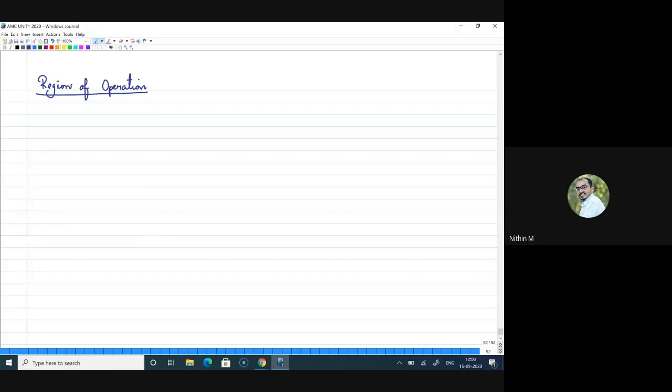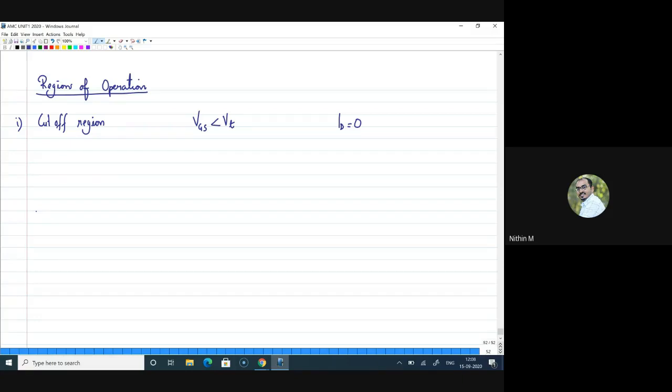The regions are defined basically by two voltages. The first voltage is your VGS. If you're applying a VGS which is less than VT, the threshold, can I expect any current? No. Why? Because there is no channel present. So your enhancement MOSFET is a normally off device. I will write that current is equal to 0, and at this condition, whatever voltage you apply to VDS doesn't matter. Current is equal to 0, and we call this region the cutoff region of the MOSFET.